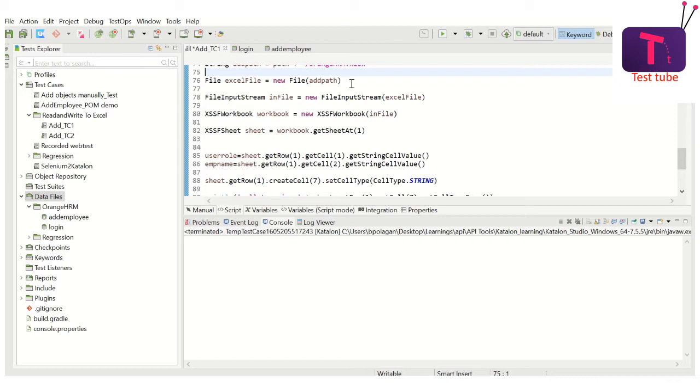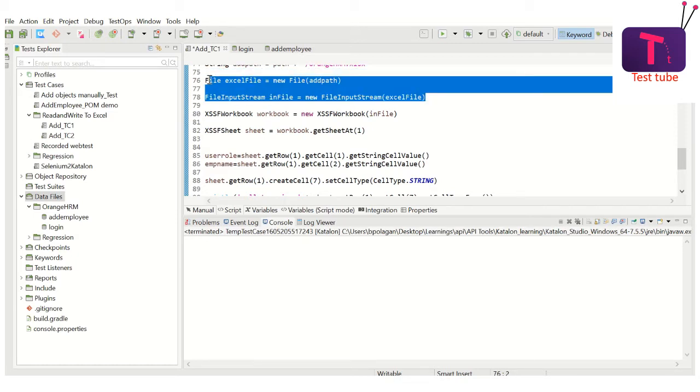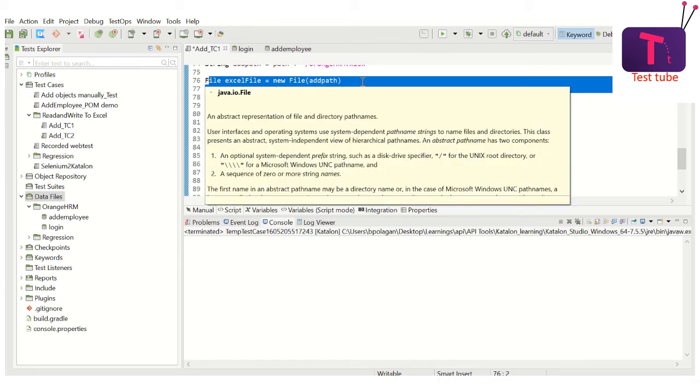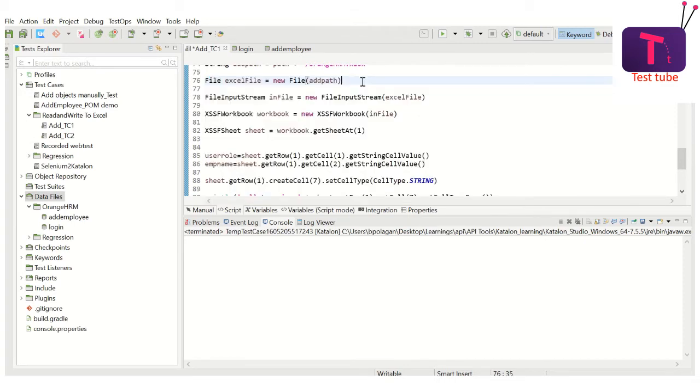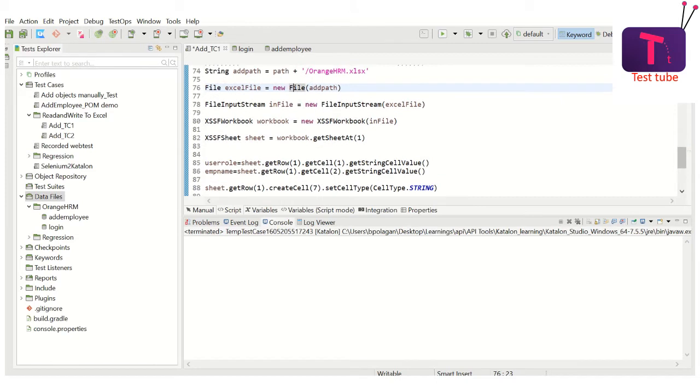So here, the job which our hand is doing is done by file input stream and this file class or method. So these two together are going to do the action which is done by our hand physically, right? So using the file, it is creating a pointer which is pointed to the Excel file. In this case, the file is going to be an Excel file. So this is the path where that Excel file is kept.